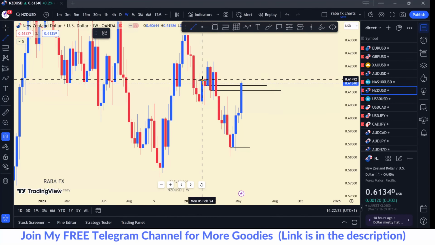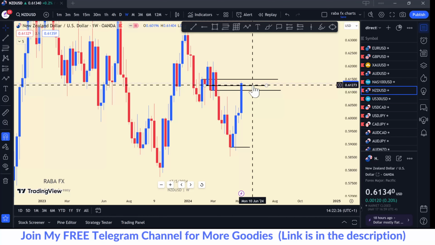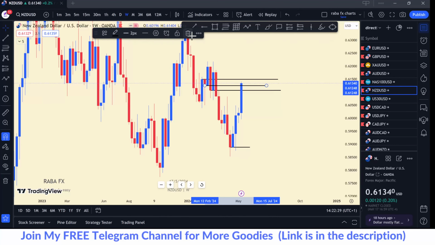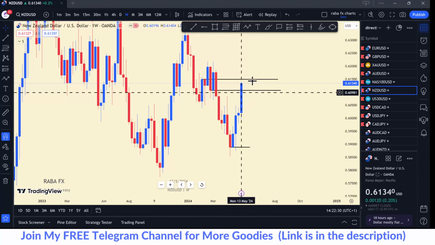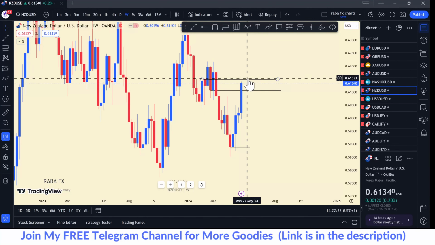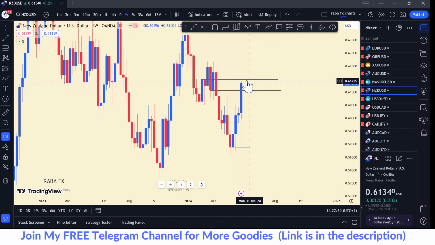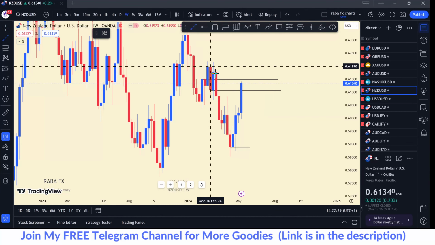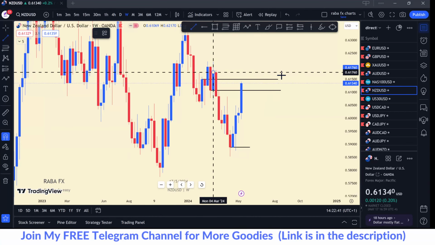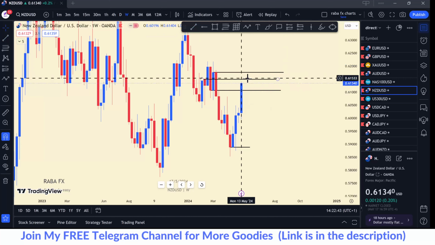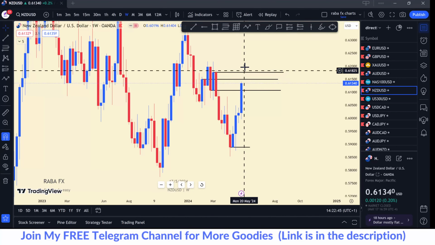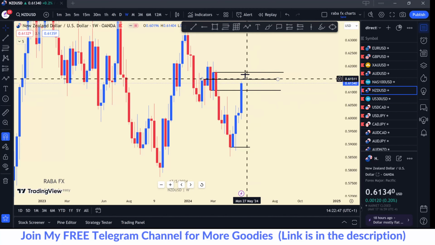So the next one is this, but we have not tapped into this. All right. We have not tapped into this. So I'm going to take off this one. Since we close above this, definitely we are heading to this point. Okay. So this is our target for now. And we also have some nice area here. These are the two areas that are left if we are looking for any meaningful short or meaningful sell trade.